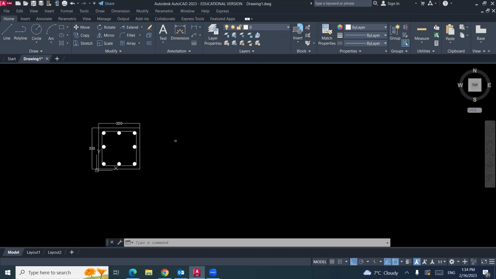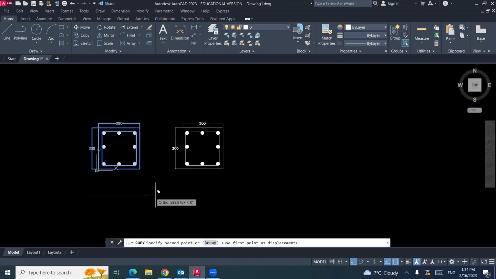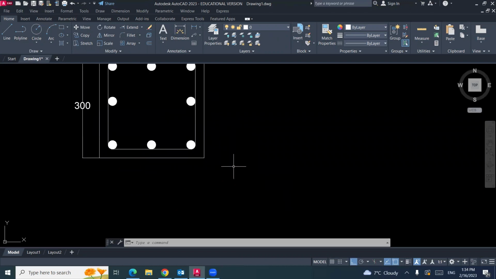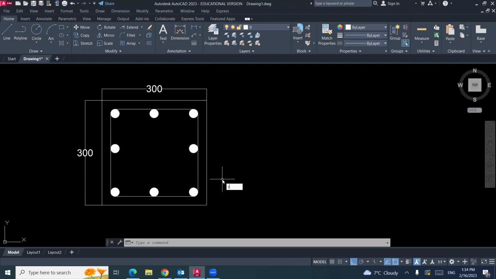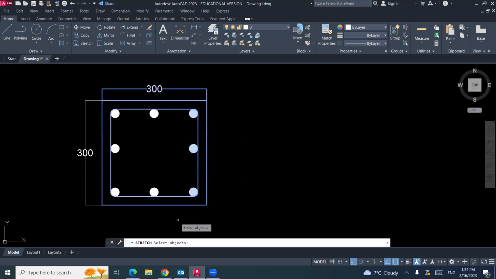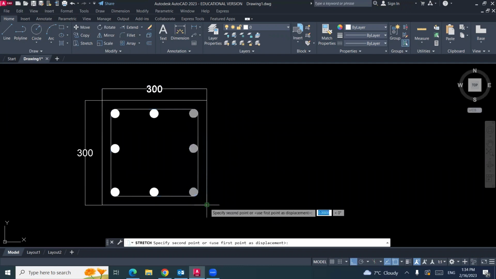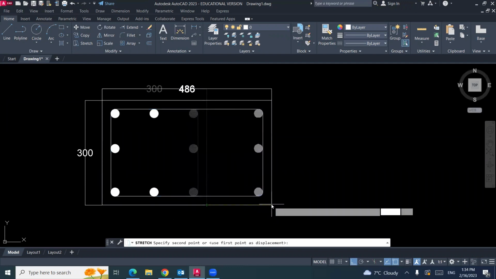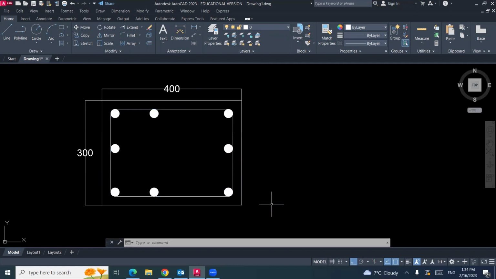If you copy this column, I can create another column by stretch. S enter, select this part, enter, hold it from here, and move it for 100. So it will be 300 by 400.